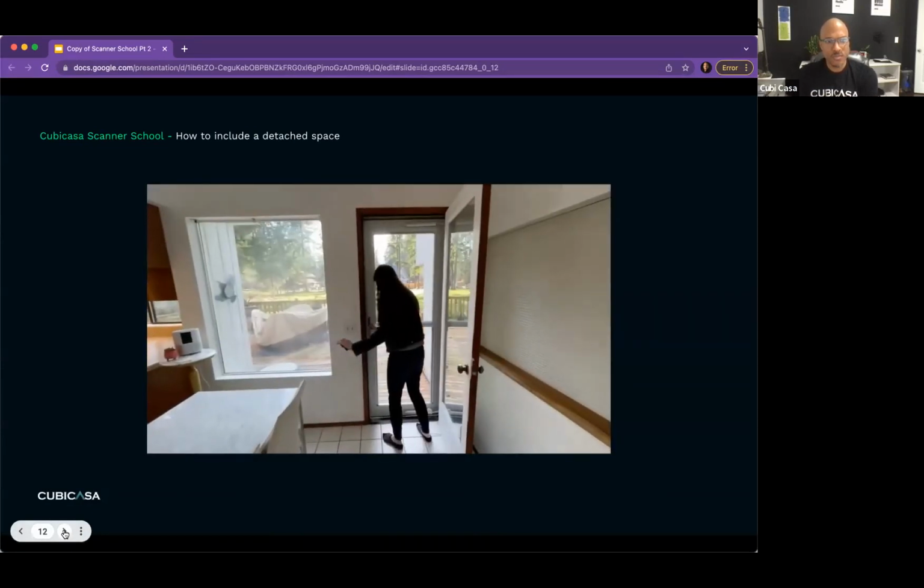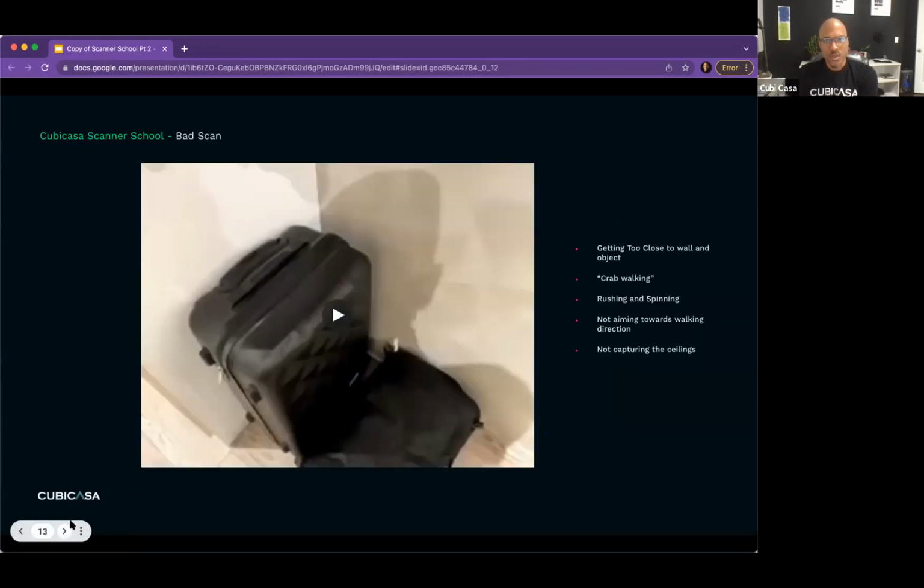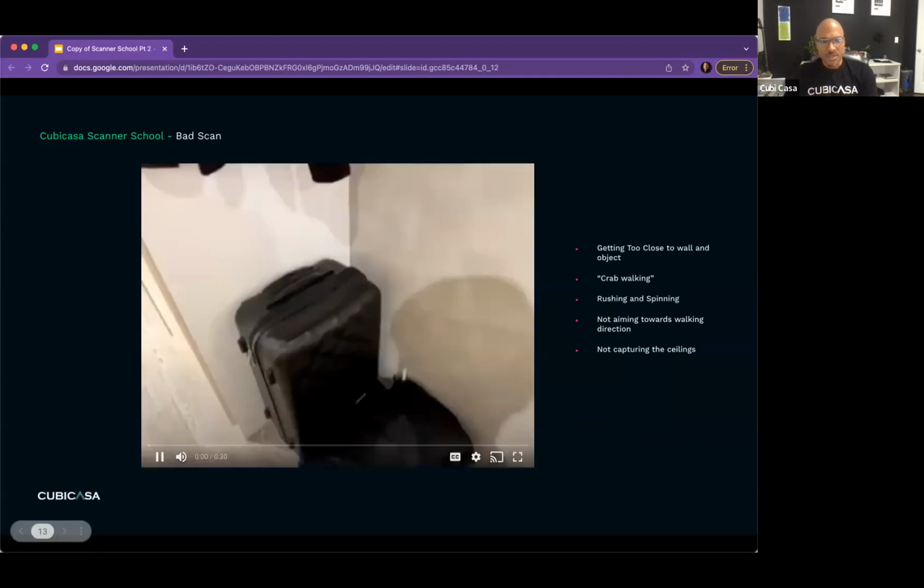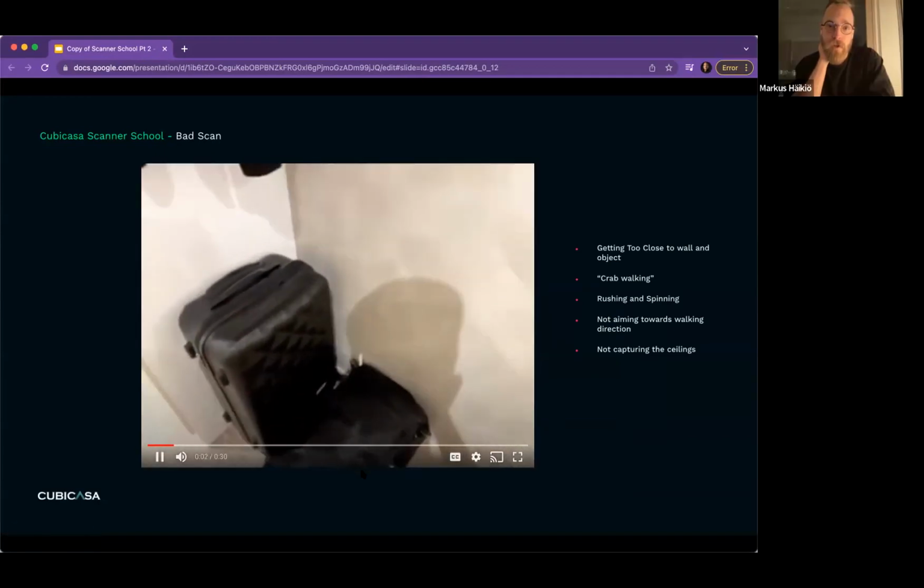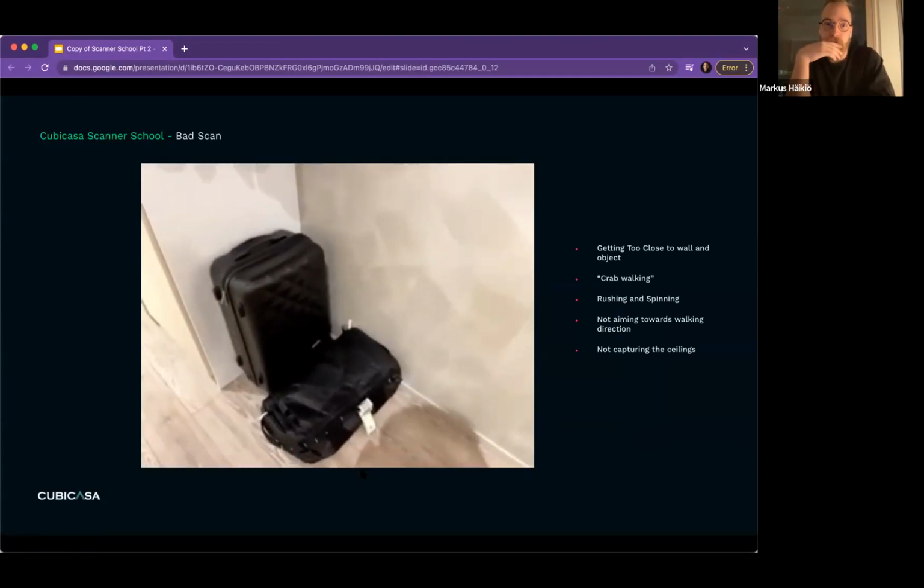All right, so this is going to be a great example of a bad scan. And there are a lot of pieces that Markus will explain as we get into it. Yeah. So in here, the key takeaway is that